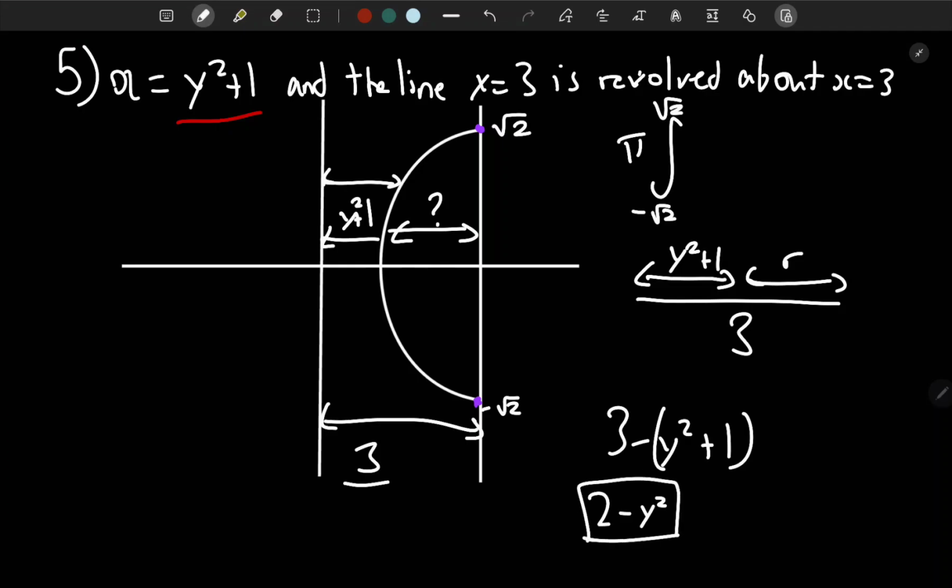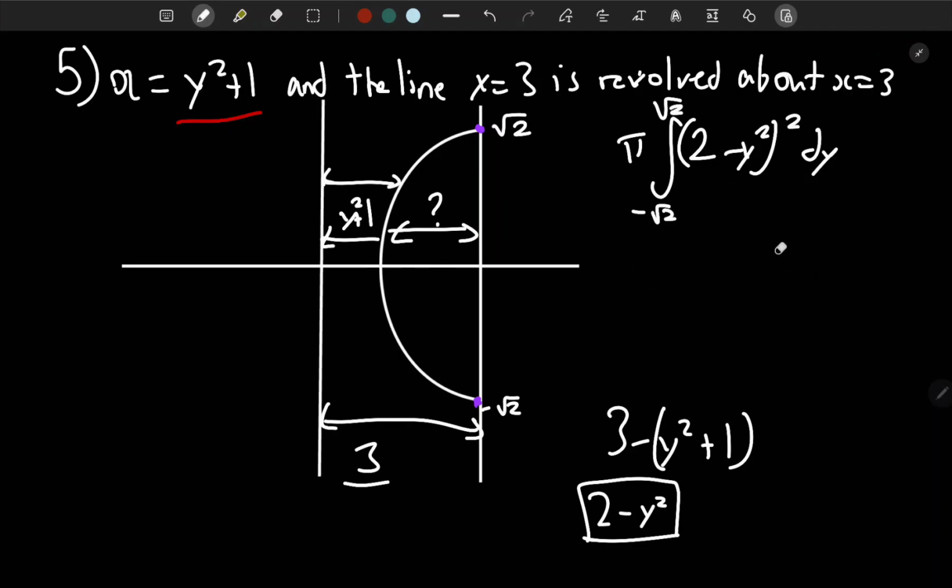Now let's just plug in the formula. It will be 2 minus y squared, squared, dy. Don't forget that there is a square on r of y this time, since it's going to be in terms of y. Now I'm not going to go into too much detail, and I'm going to write the final answer, as integration is not the focus of this. It's the radius and of course the limits. So the final answer that you should get here is